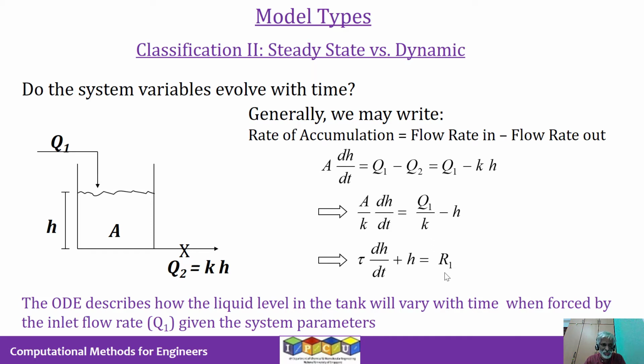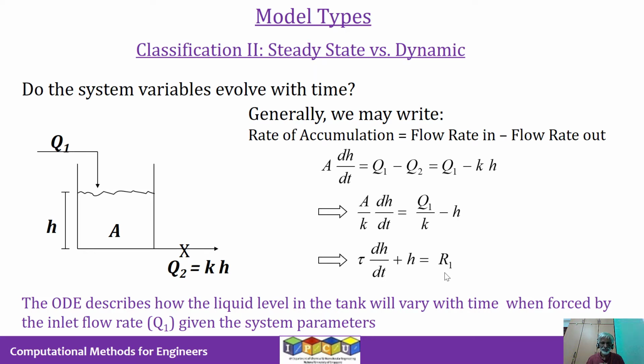When variables in the system, like height of liquid in this particular illustration that you see on the slide, or concentration of a certain species in a chemical reaction, or the composition of a species in a particular tray in a distillation column, or in the reflux drum of a distillation column, change with respect to time, those are called dynamic models, if the model captures the change of variables with respect to time. If the model does not capture the behavior with respect to time, then it is referred to as a steady state model. So dynamic means things change with time. Steady state means things don't change with time.